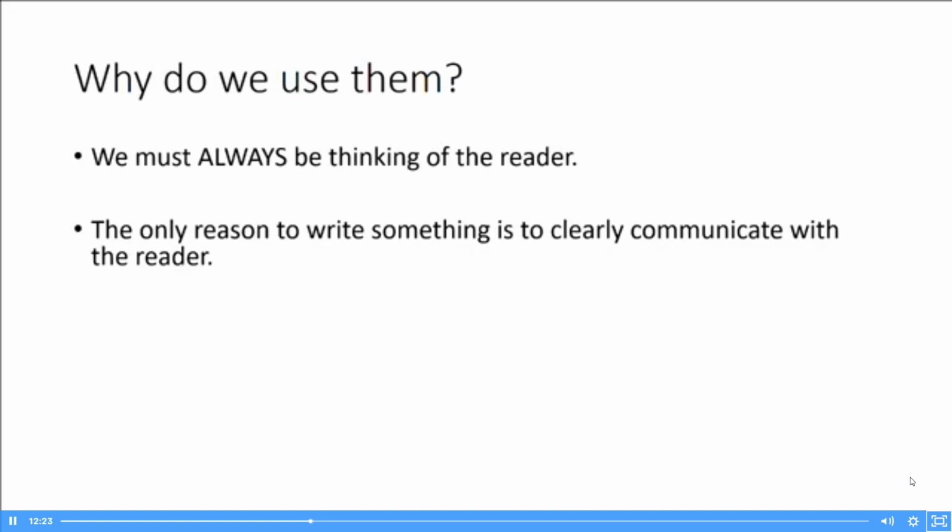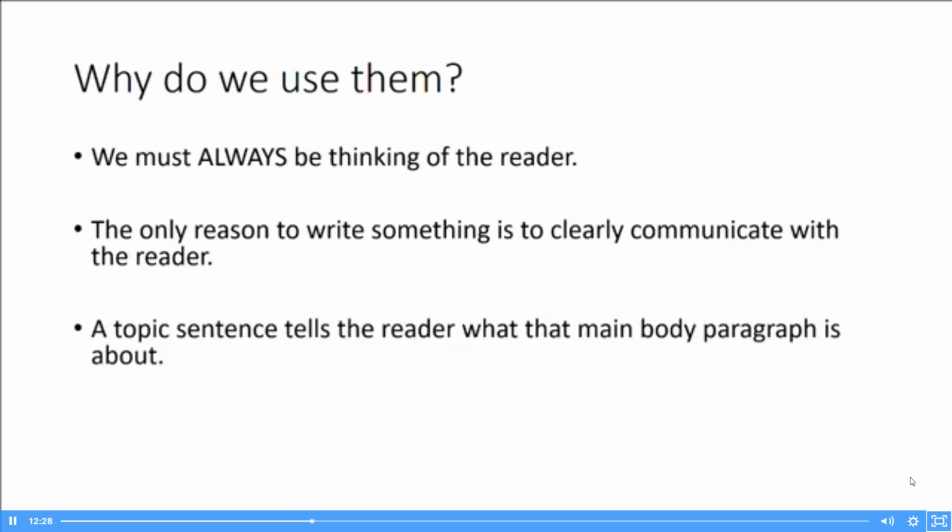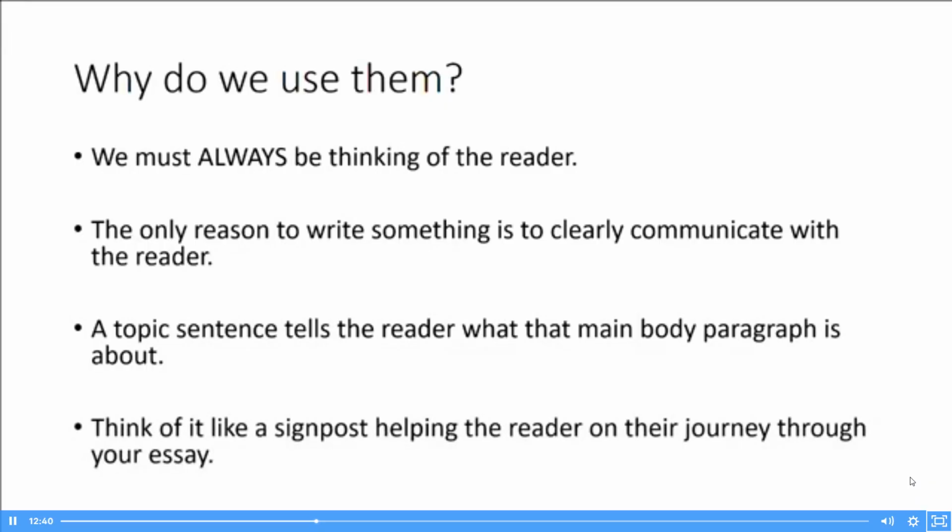So what a topic sentence does is it improves communication because it improves the clarity of your essay. Think of it like a signpost, helping the reader on their journey through your essay. I correct essays every single day, and the most frustrating thing is a job that should only take me 20 minutes to look at your essay and give you feedback on it. A lot of the time it takes me 1 hour because I've no idea what the person is trying to say, and it takes me so long to figure it out. So if you think about the reader first, then you're going to be making the reader's job much, much easier. If you make the examiner's job much easier, then the likelihood of you getting a higher score goes up considerably.